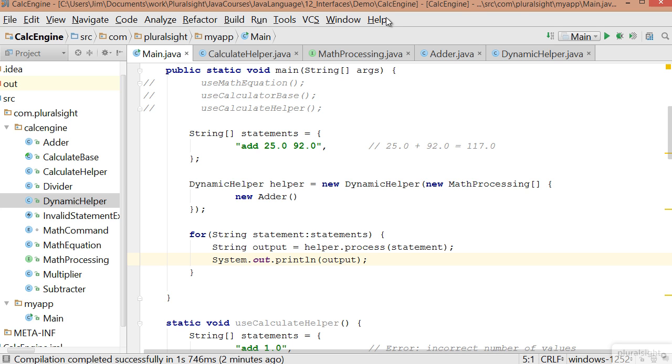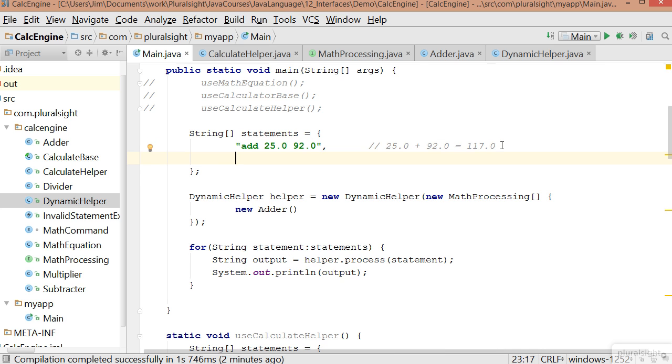so we can actually extend the ability of dynamic helper very easily. So let's imagine that we want to have another statement in here, something we've never done before. Maybe we want to support a statement that can actually raise values to a power. So we use the keyword power, and we want to say something like 5.0, 2.0. In other words, we want to square the value of 5.0, right? Multiply 5.0 times itself. So the result of that would be something like 5.0